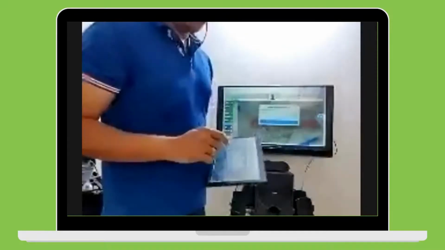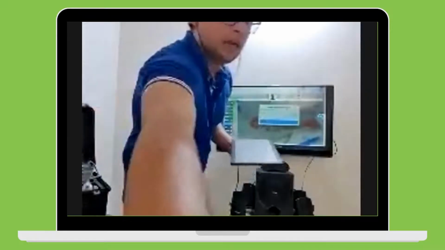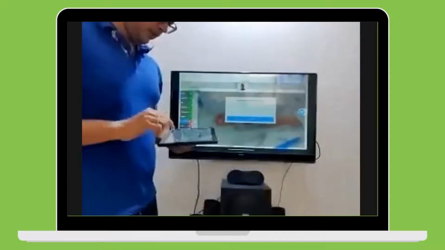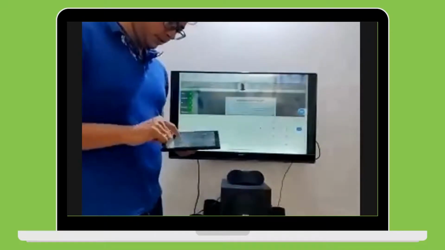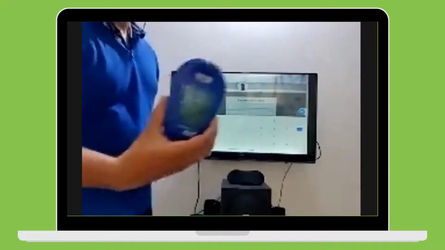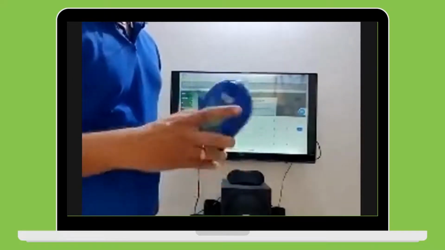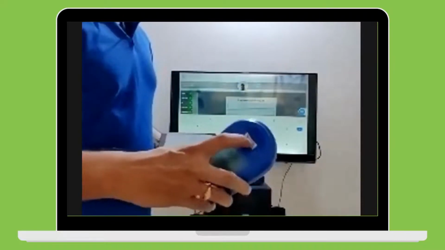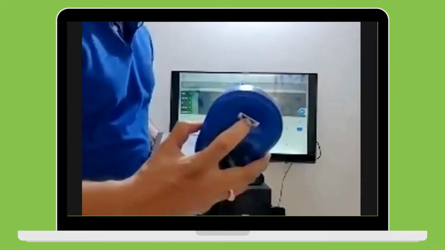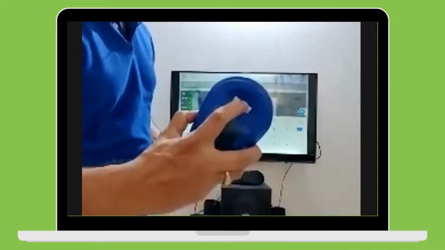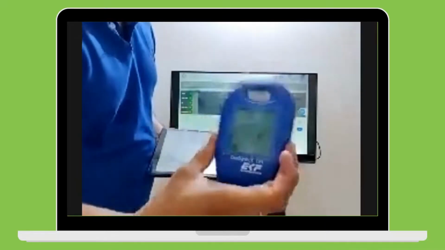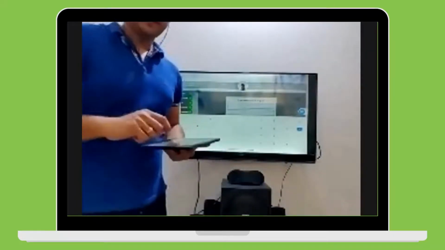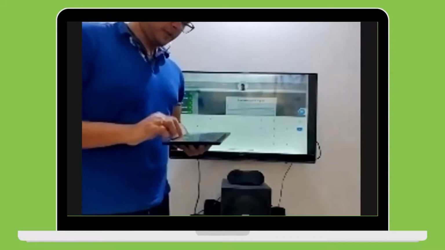Another way is there is a manual entry option on each and every device also. Since it gives only one or two readings, we can manually enter it. You can just read it on the screen, the device displays the reading. So the working is similar. You have to prick your finger, then insert the cuvette into this white hole. Then you press it, and it displays the reading on the screen. And if the wire is connected, simultaneously it transfers the reading to the tablet also.